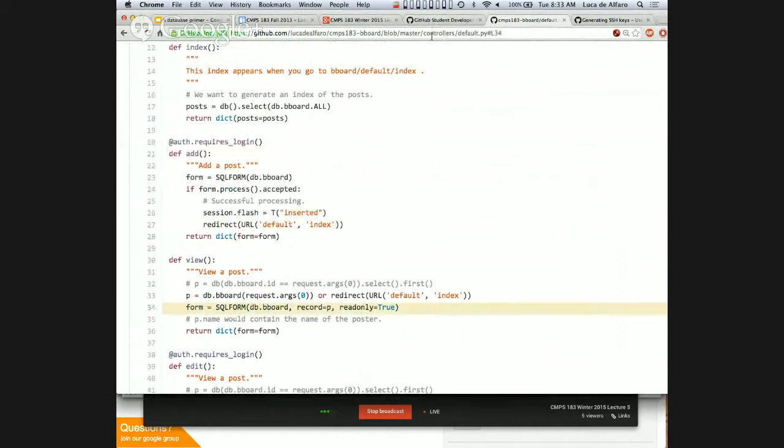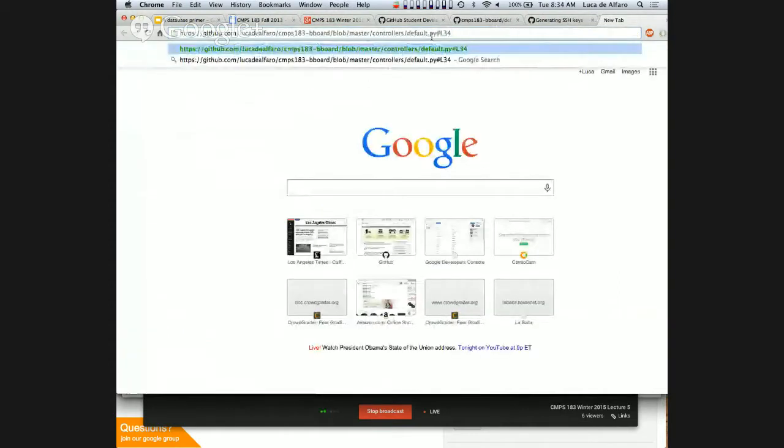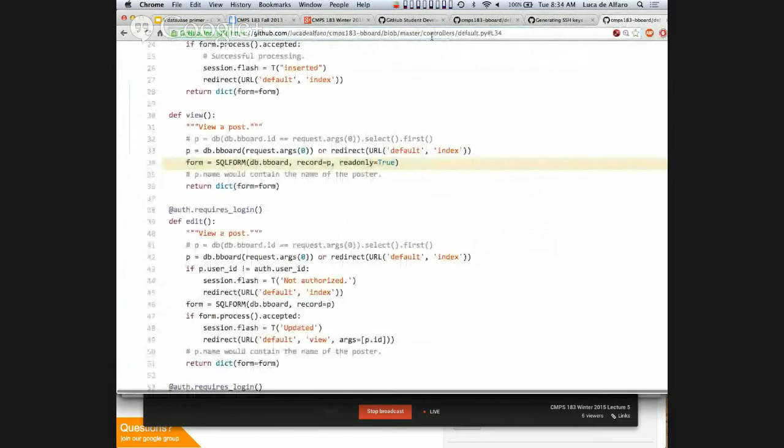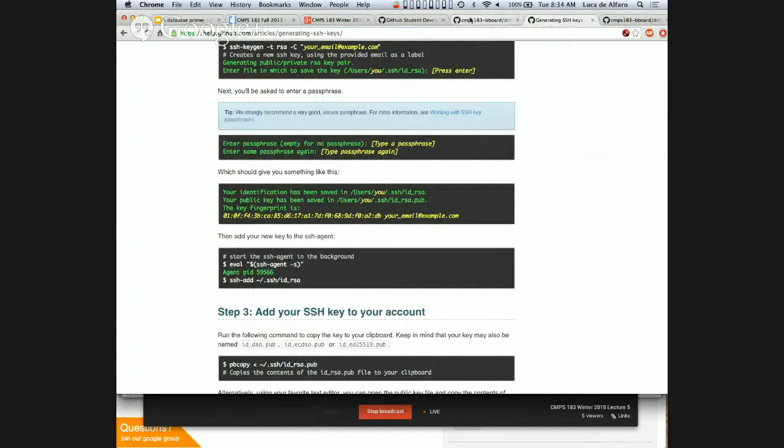It gets added to the URL. At this point, if I have this URL, I can email it to you. And this is a pointer to a particular line of code. Very, very useful to work with others, okay? If I cut and paste this URL and go there, boom, okay? So it's incredibly useful to collaborate, this kind of feature, okay? So now my code is all on GitHub, okay?